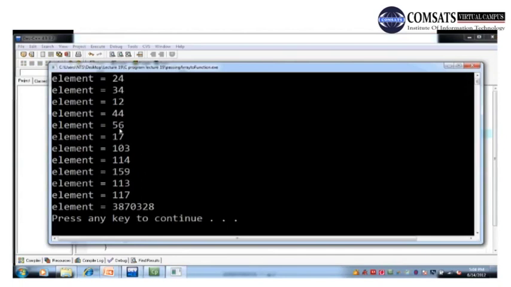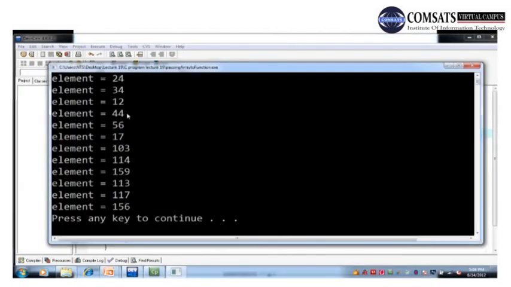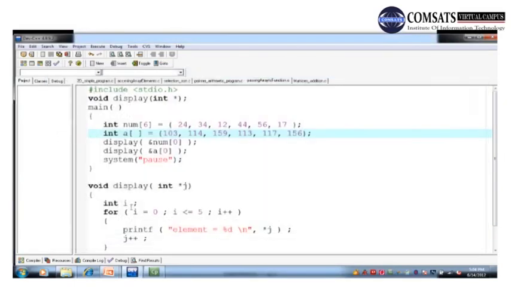So now it prints the first array and then the second array, right? So we have 6 values, 156 again. So this is the first array, 24, 34, 12, 44, 56, 17, and this is the second array, 103, 114, 159, 113, 117 and 156, right? So we have a function, we just pass the base address of that array and it will print that